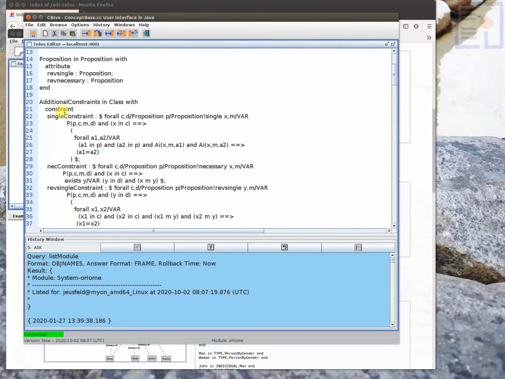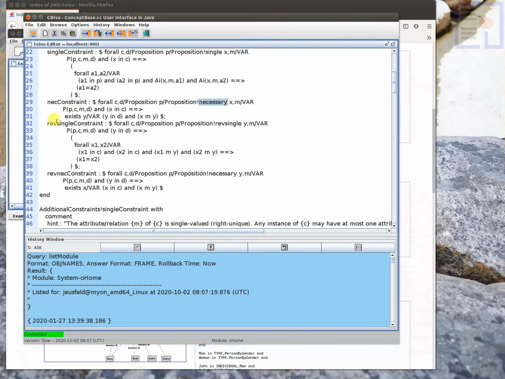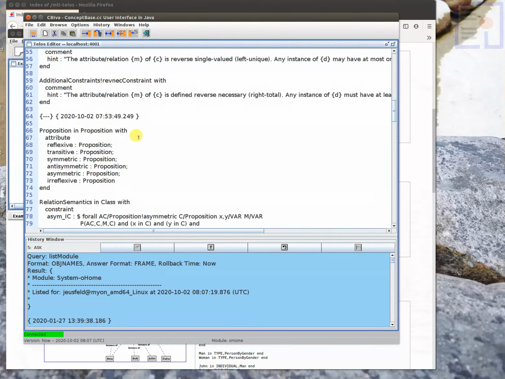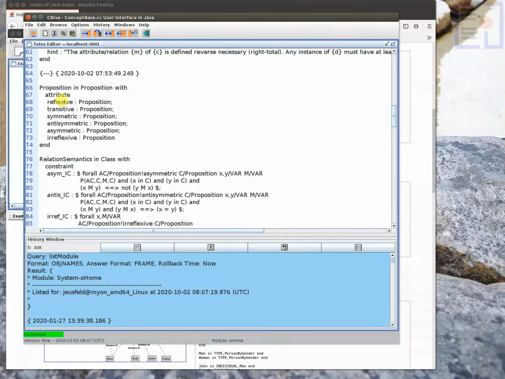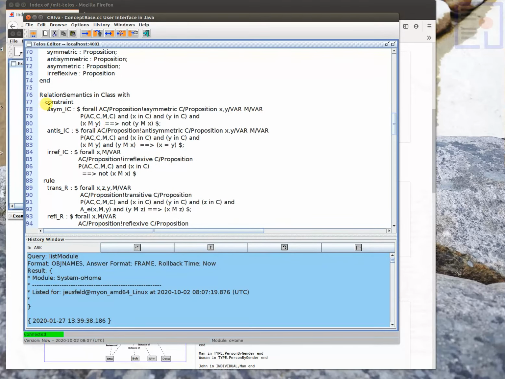So these constraints and rules define what we mean by single valuedness, necessary. So single means at most one, and necessary at least one. We have the reverse version for that, depending whether it applies to the source or target of an association. Then we have reflexivity, transitivity, symmetry, and so forth. They are defined also by constraints or rules. For example,